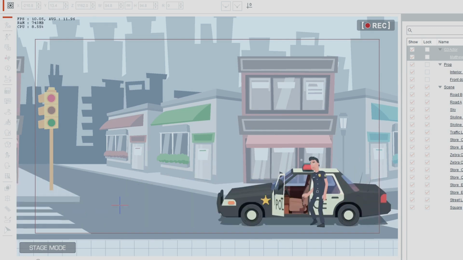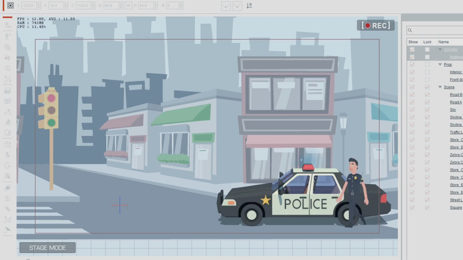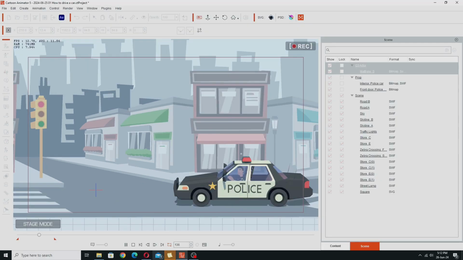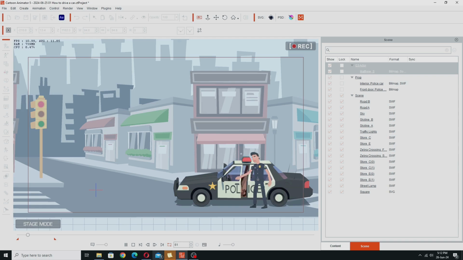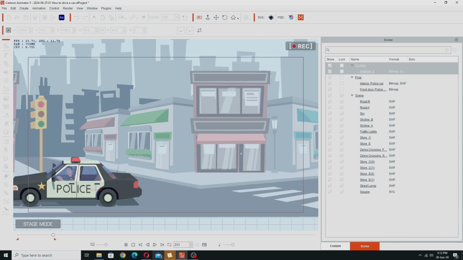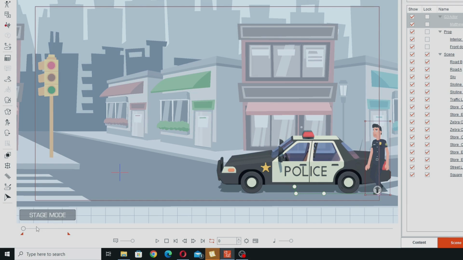So that's how you make a character get into a car and drive away. Just remember the key point is essentially linking the actor or character to the object that's going to be moving. I can do any animation on that character while he's in the car moving, so if I wanted to, I could stop here, and once he's in the car, let's say move him along at this point,